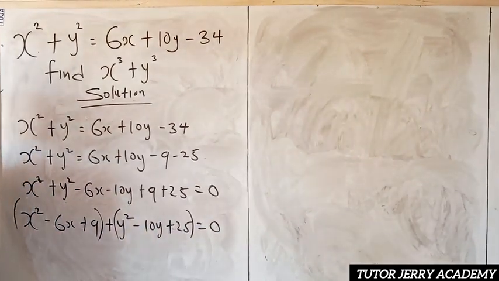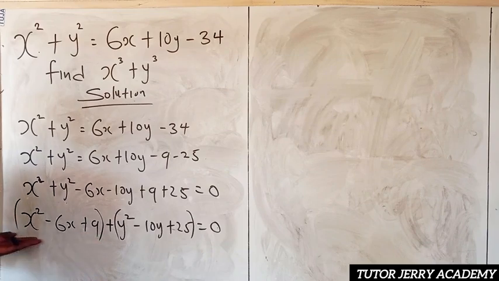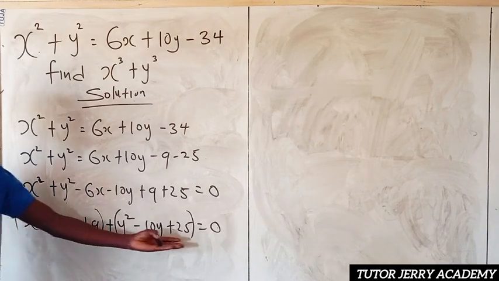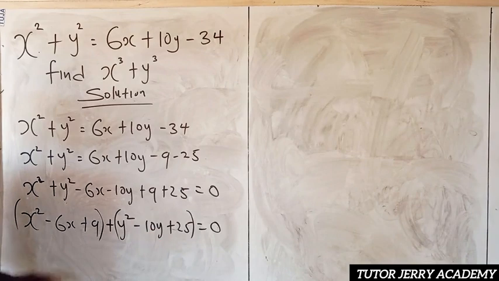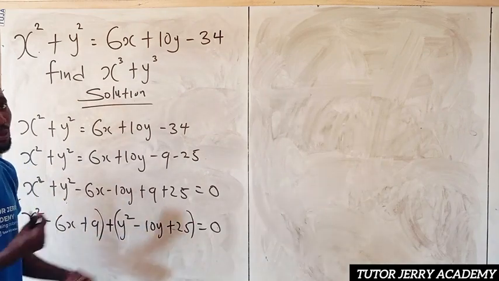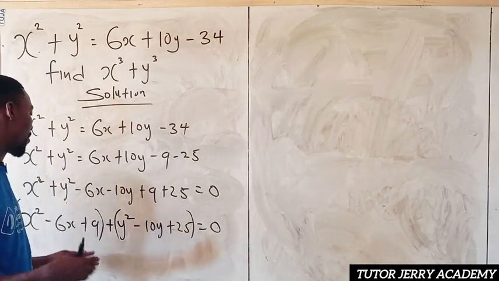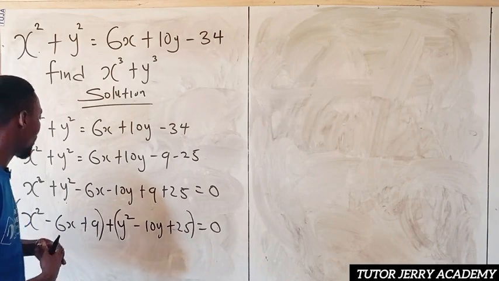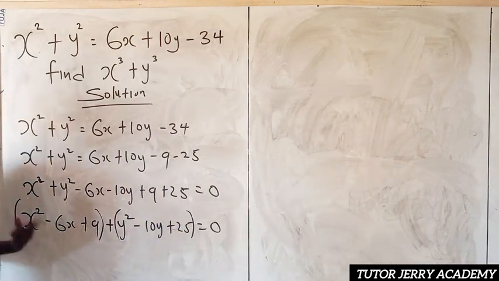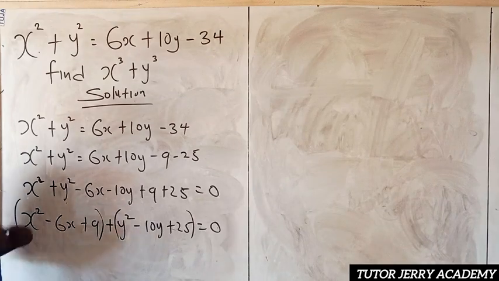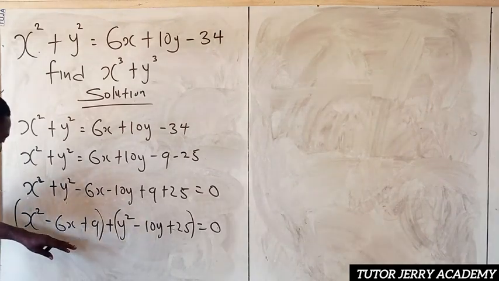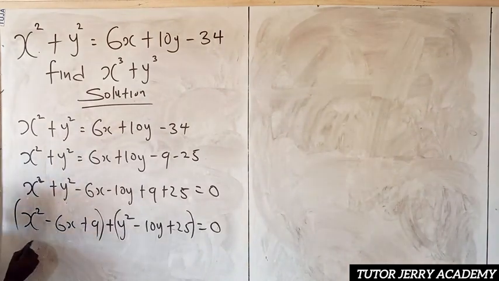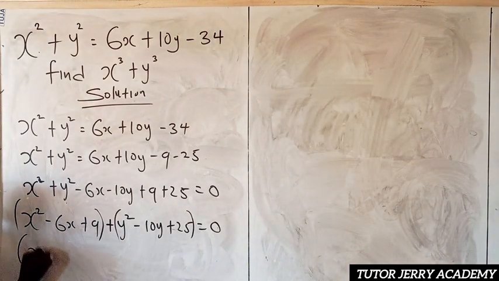All right. So now the next thing we are going to do is solve this in the form of a quadratic. This one too in the form of a quadratic. So as you can see, what numbers can we multiply together to give us 9, and when we add them together give us 6? It is nothing but negative 3 and negative 3. So if we replace here with negative 3, we are going to have x squared minus 3x